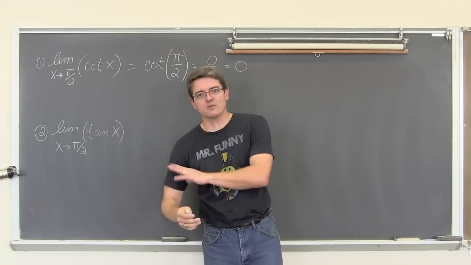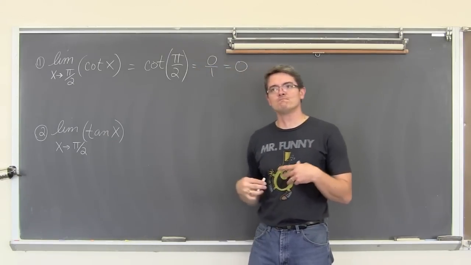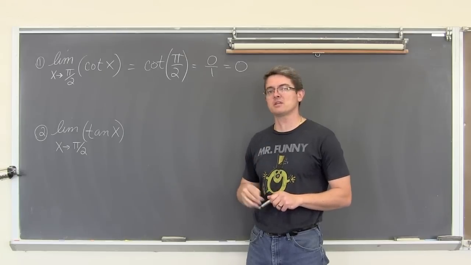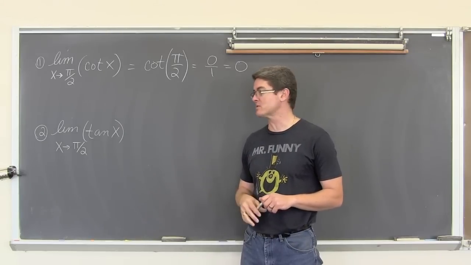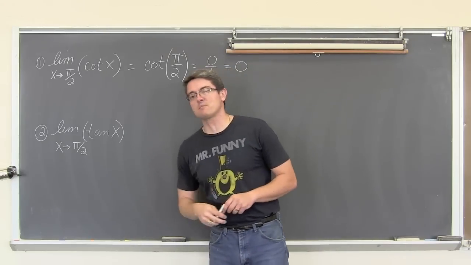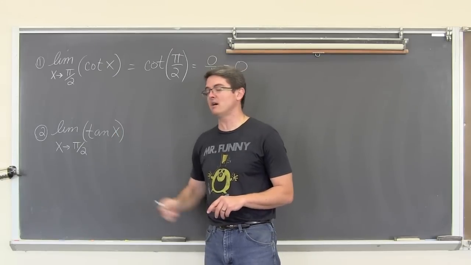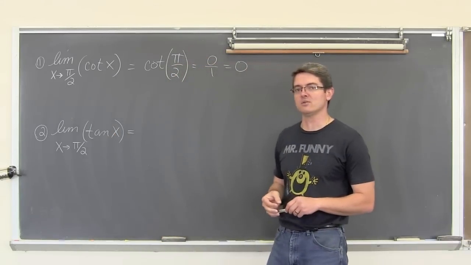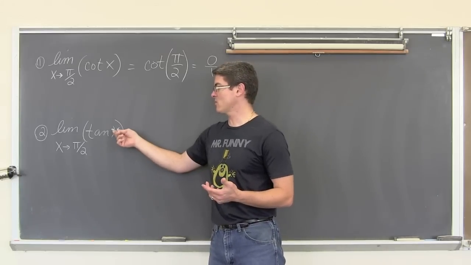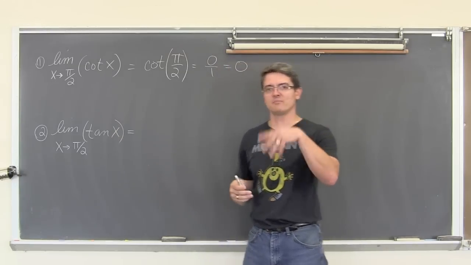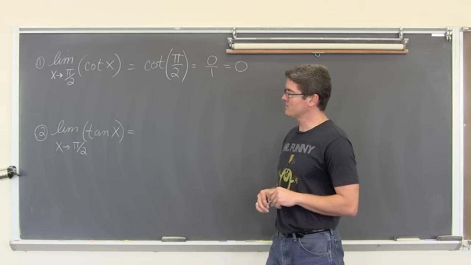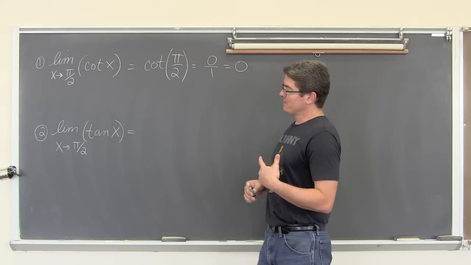This one, though, I've thrown in to show what would happen if you weren't really thinking about the domain of your trig functions and you were just plugging in these numbers. Well, the limit as x approaches pi over 2 of the tangent of x, your issues with domain are going to come from the quadrantal angles. Well, I guess I say that, but of course, if there's some kind of multiple in x, that changes the period, so maybe just forget what I said. Just plug these in and see what happens.